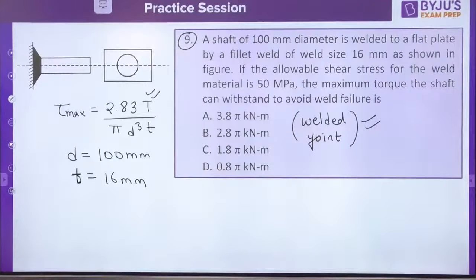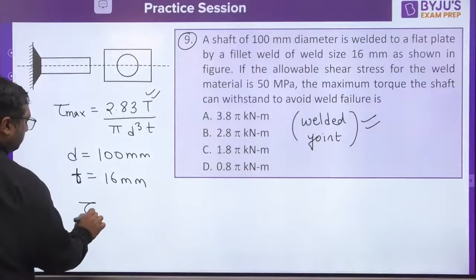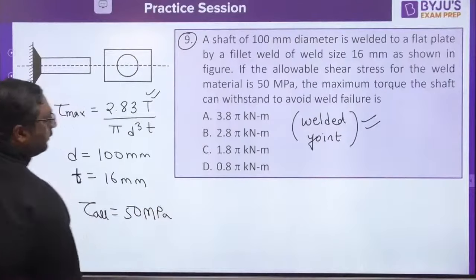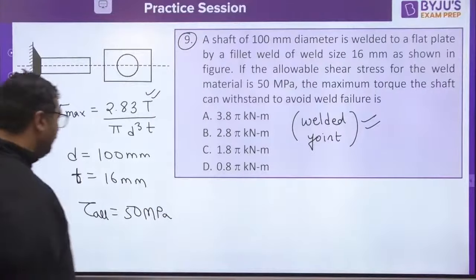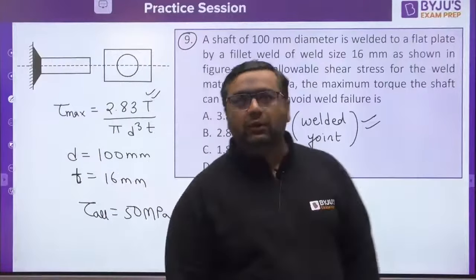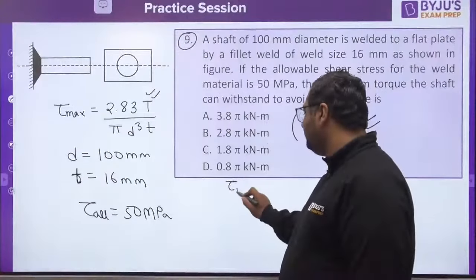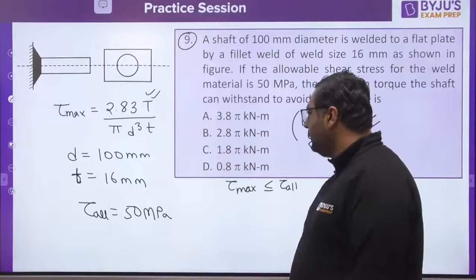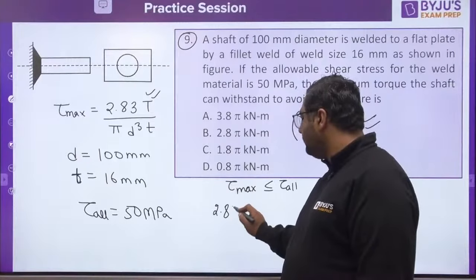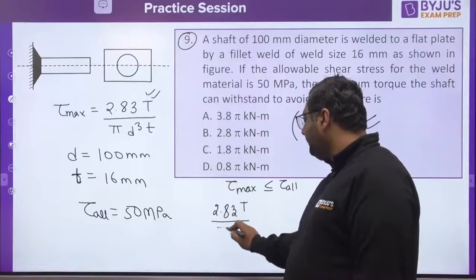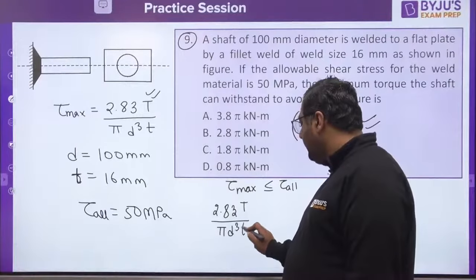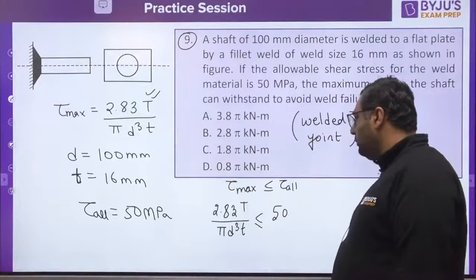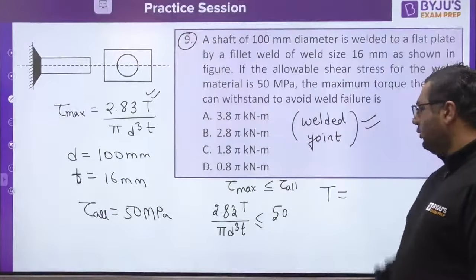If the allowable shear stress, you need to find out torque. Okay, so you would be writing tau max is less than equals to tau allowable. So 2.83 T by pi d cube T less than equals to 50. Torque would be